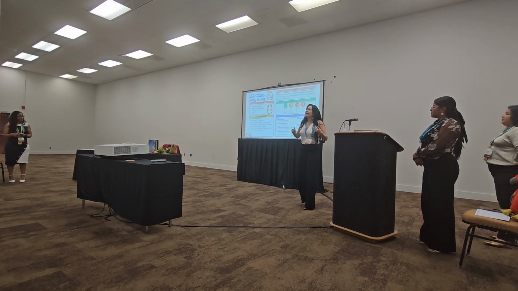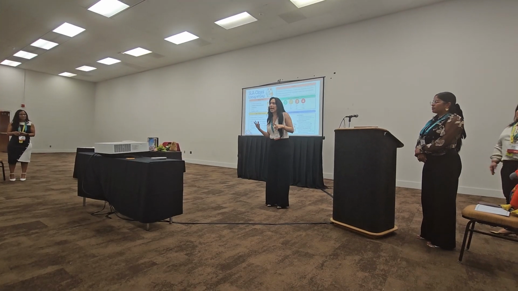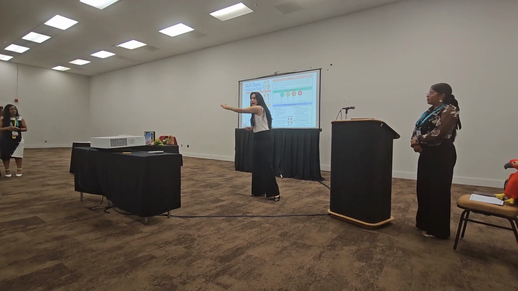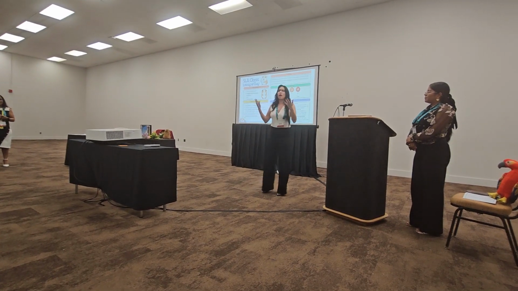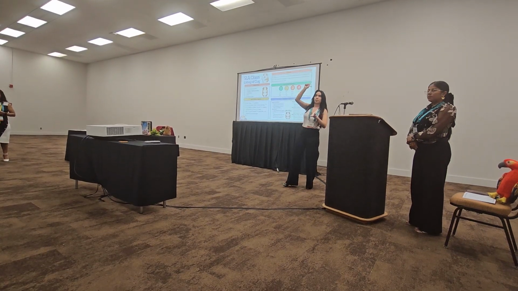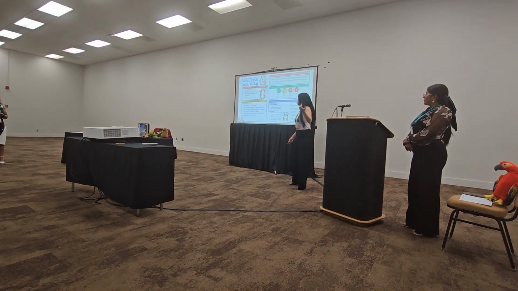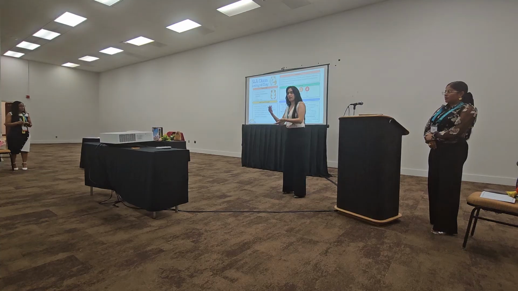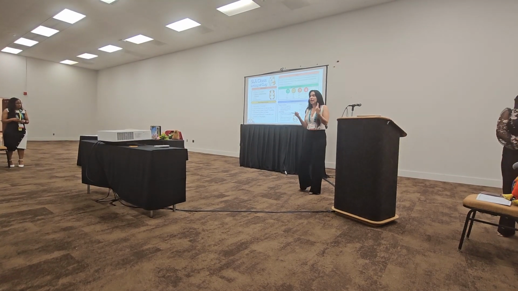For example, ¿quién me da un ejemplo con calabaza? Por ejemplo, la calabaza es anaranjada. La calabaza es anaranjada. Another example. ¿Quién tiene otro ejemplo? En otoño hay calabazas. Great. En otoño hay calabazas. Thank you so much. So all this can relate to the topic of the week or the topic of the month or the topic of the season. So this is very adaptable to do with a little friend.